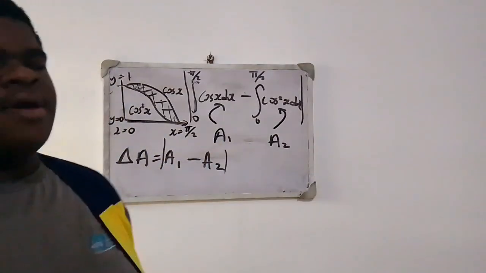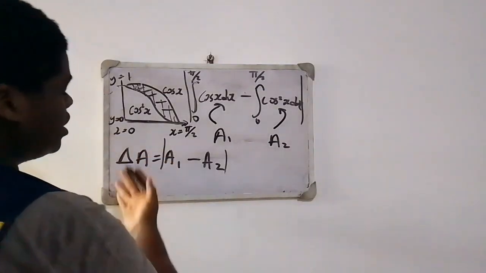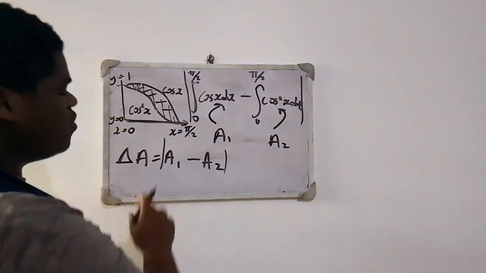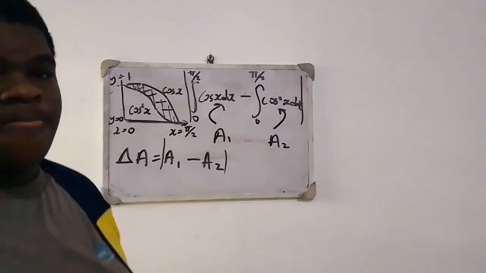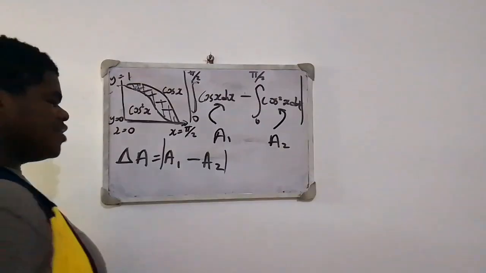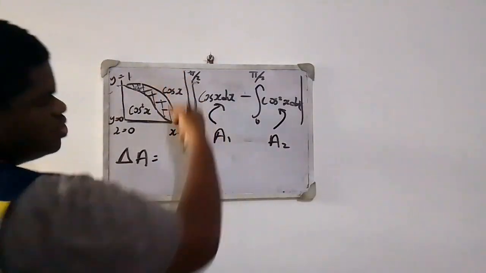The positive remain the same and negative will change to positive. So now you have the difference of, or the area that we're looking for is equal to the absolute value of the difference of a1 minus a2. Okay, but in this case you don't really need the absolute value because I've already shown the graph, so we